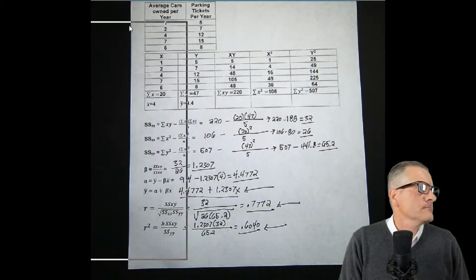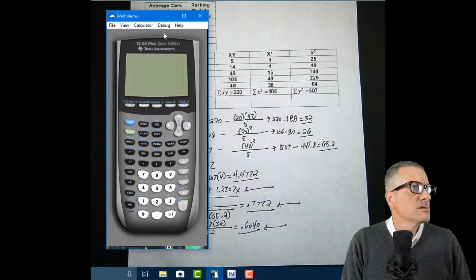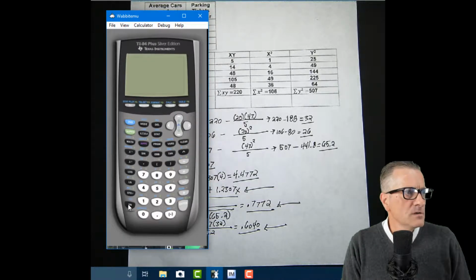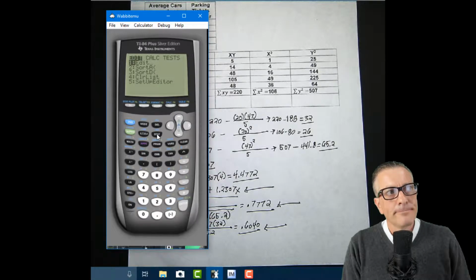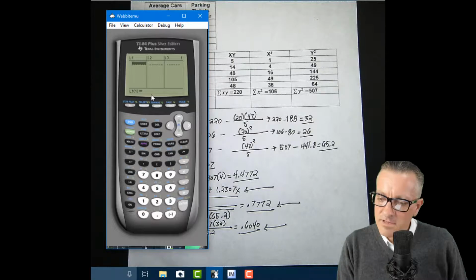Calculator. I already have some of the values set up here. So what you would normally do is go into stat, and then go into edit, and when you click enter on edit, it ends up going into the list editor. Oh, I had them set up on my other calculator. That's okay. We're going to put them in.